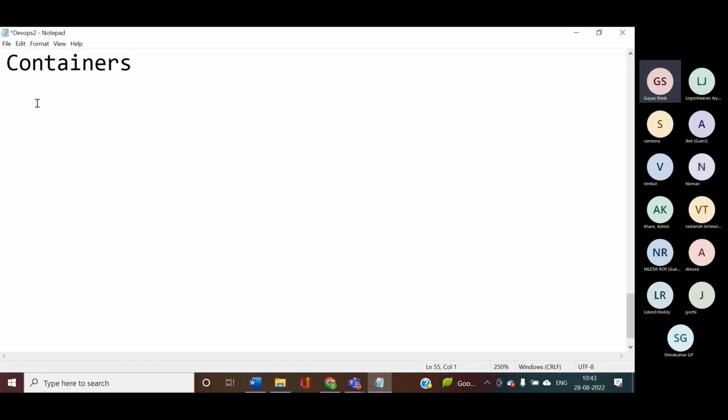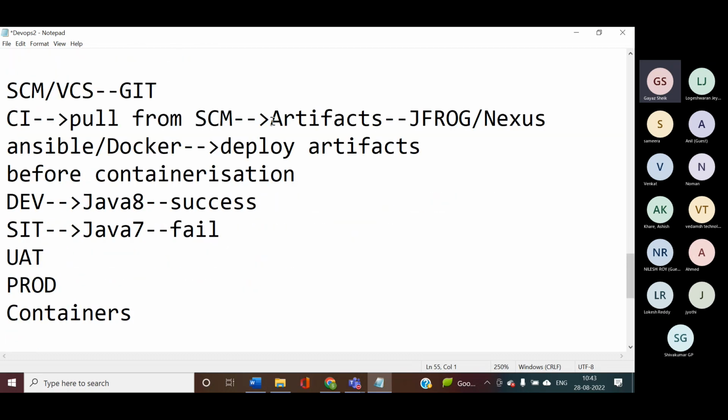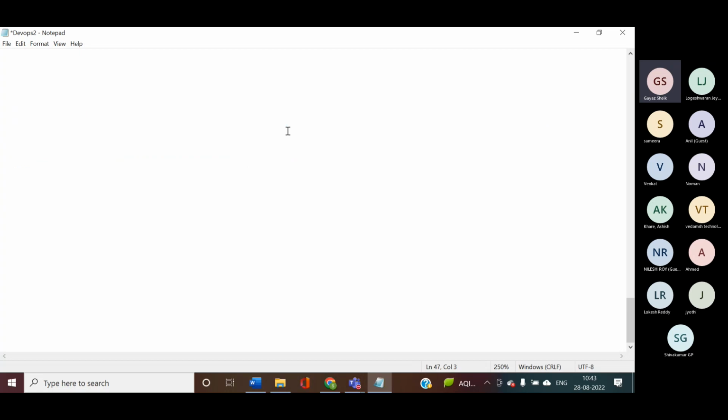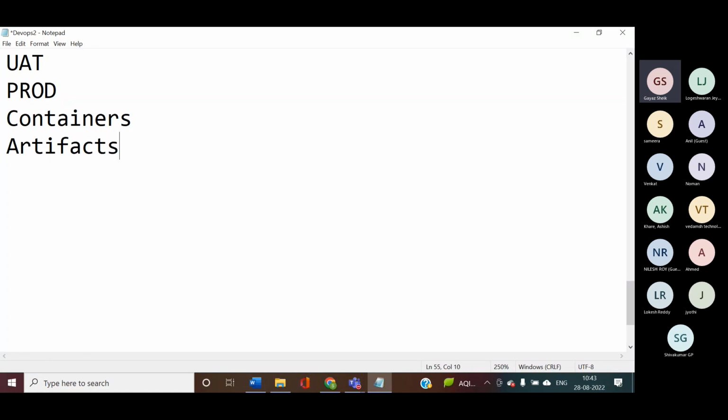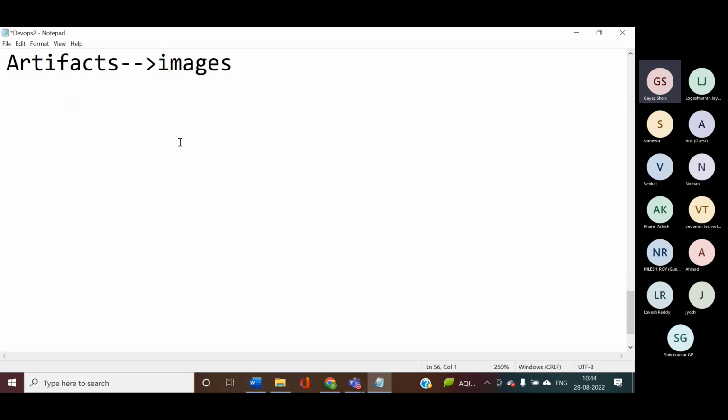If I have containers, we already know we are getting artifacts from our continuous integration tool. These artifacts I am using to create images, with the help of container tools like Docker. So what does an image mean? An image is nothing but